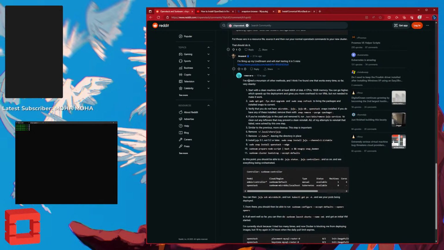let me just go over this once again. I have tested a mountain of methods, and I think I found one that works every time so far very cleanly. Start with a clean VM. Okay, we have that. Upgrade and snap refresh. Okay, we have a clean VM, so that doesn't really concern us. If you installed Juju, nope. This is very important info to have in general, but like I said, I have a clean,